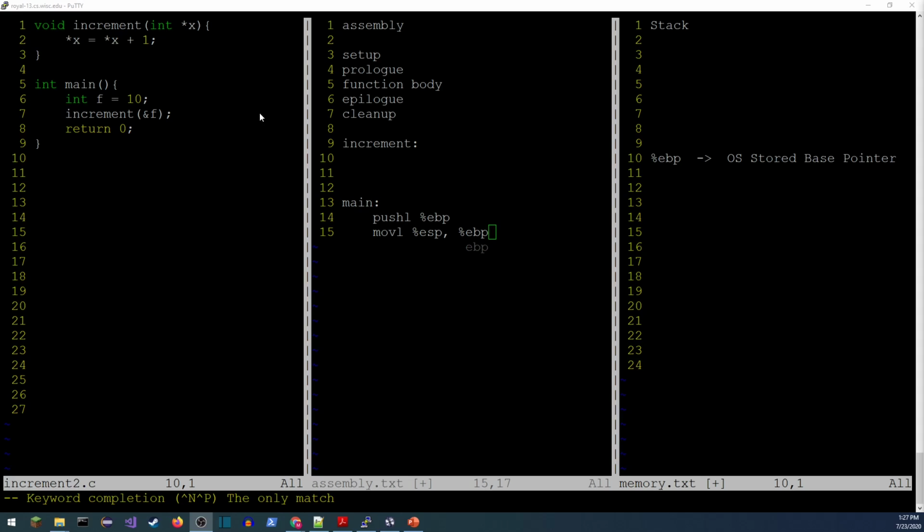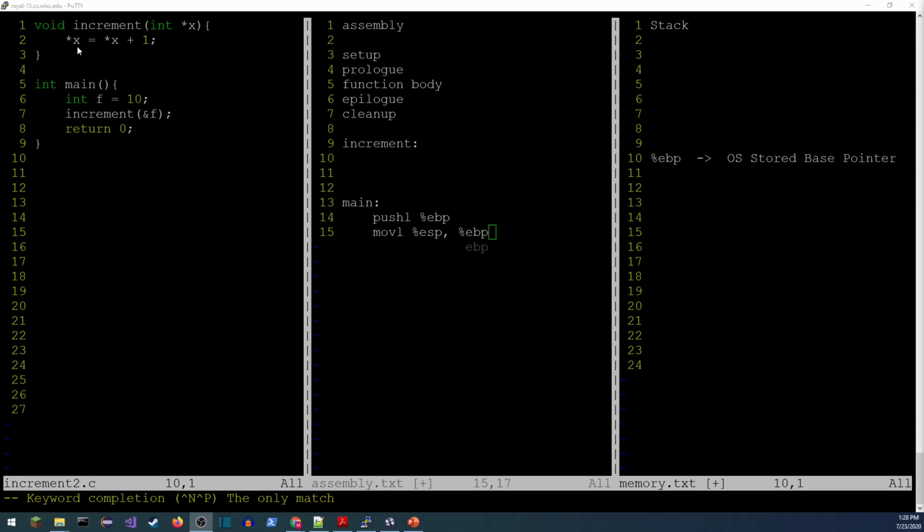It's another increment function, but this one is going to take advantage of pointers to make the same thing happen as a call by reference, or call by pointer, instead of just call by value. So in main, I'm declaring that same variable f equals 10. I'm going to use increment, but instead of returning the value, I'm just going to give it the address of f. So essentially I'm using pointers here. I see I have a pointer to x as my parameter in increment. And then this line is going to dereference x, add 1 to it, and store it in that memory location.